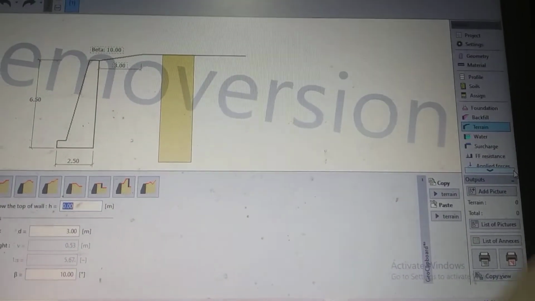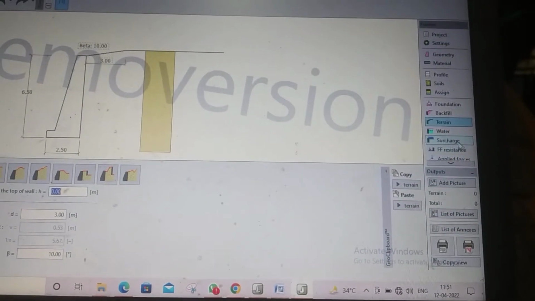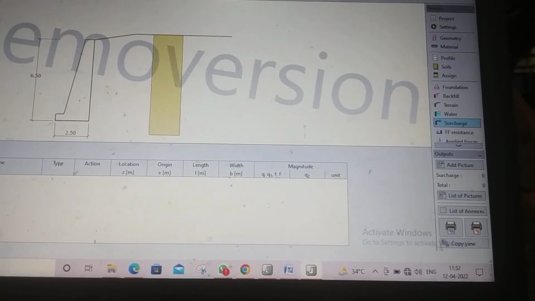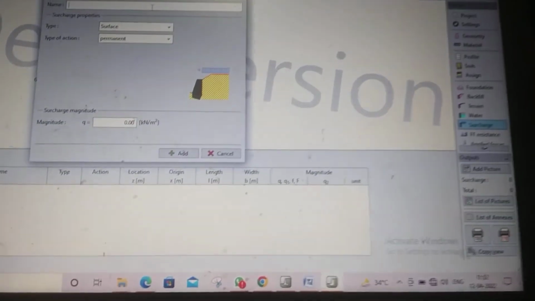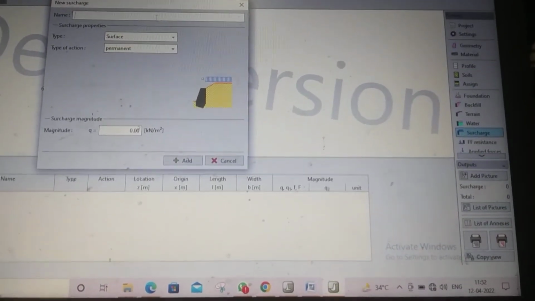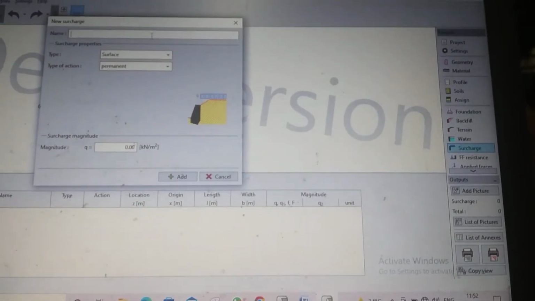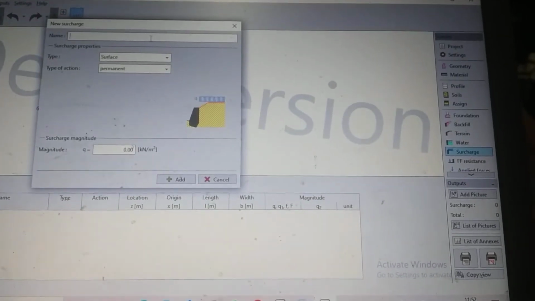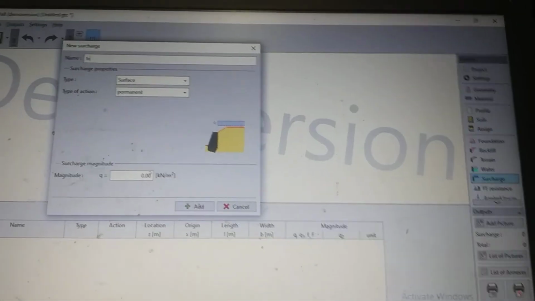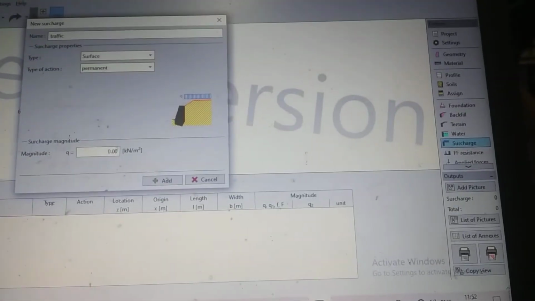Next step is loading. Basically we have to provide this surcharge. So we are going with the surcharge. Next step, we have to add the type of surcharge. We name it surcharge traffic load, because in this case we are analyzing the gravity wall on the basis of moving loads, moving traffic load.